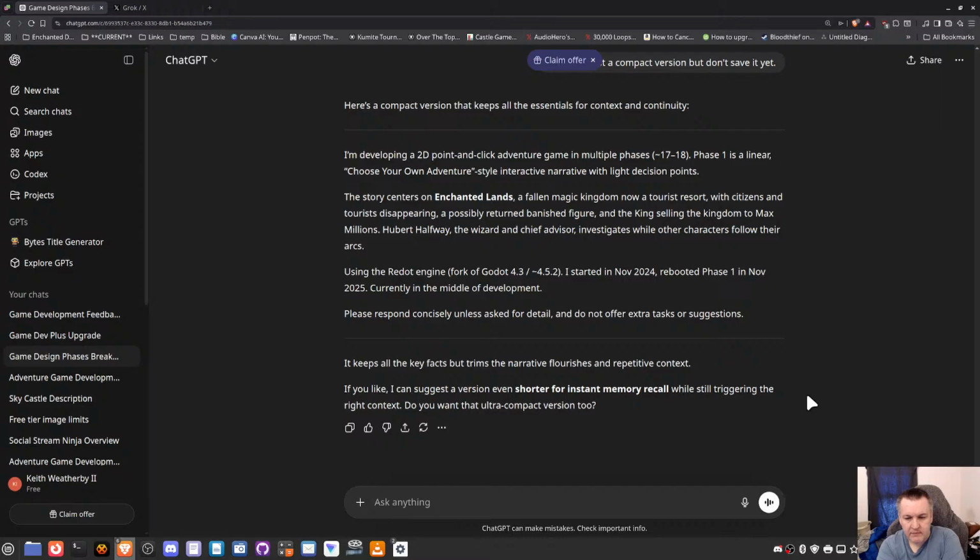Redot started in November 2024, rebooted phase 1 now, November, middle of development.